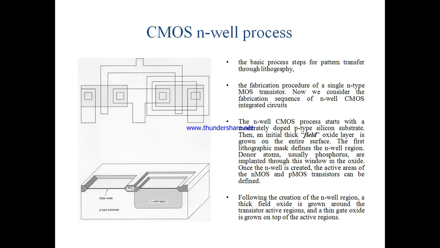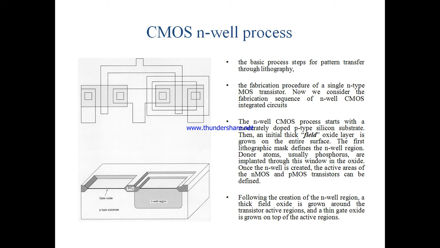The N-well CMOS process starts with a moderately doped P-type silicon substrate. Then an initial thick field oxide layer is grown on the entire surface. The first lithography mask defines the N-well region. Donor atoms, usually phosphorus, are implanted through this window in the oxide. Once the N-well is created, the active areas of the NMOS and PMOS transistors can be defined. Following the creation of the N-well region, a thick field oxide is grown around the transistor regions